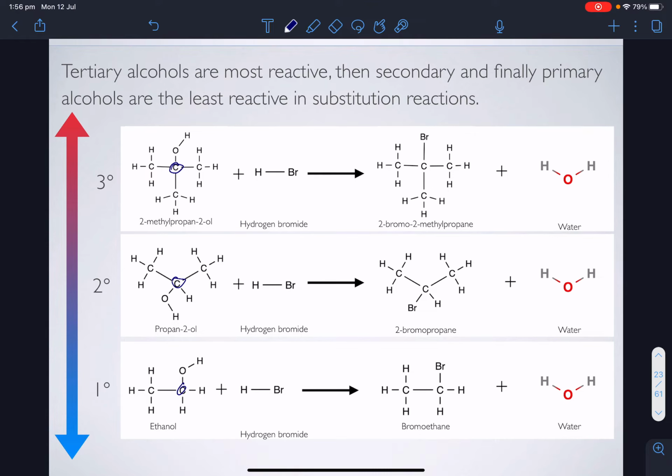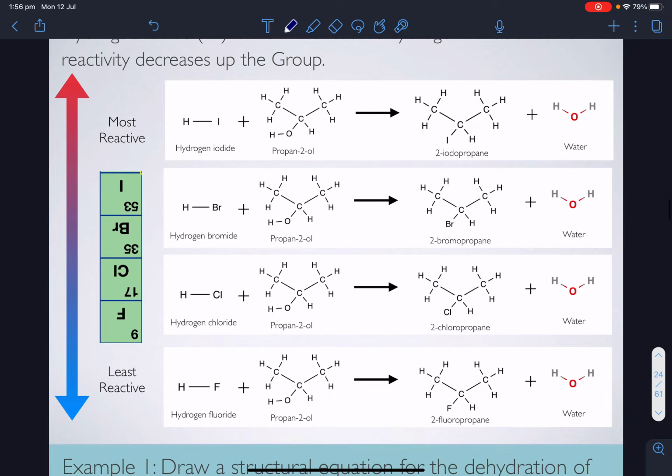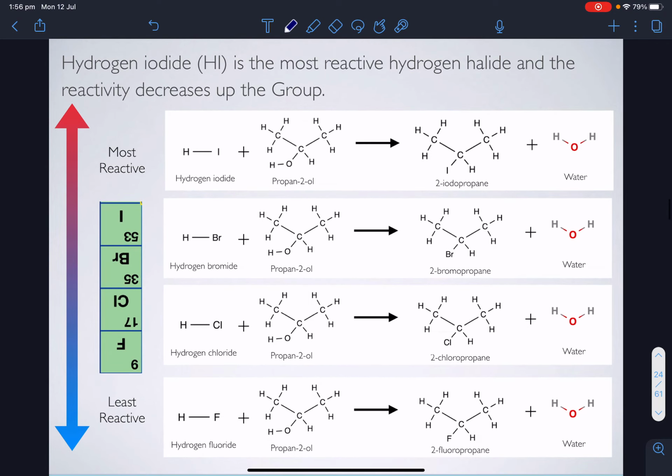You can also get different reactivities in the hydrogen halogen group. Here, I've kept the same alcohol, propane 2-ol, and I've changed the identity of the halogen. So we've got hydrogen iodide, bromide, chloride, and fluoride, and the heaviest is the most reactive. So the iodide first, the bromide will be slightly slower, the chloride slightly slower, and the slowest would be hydrogen